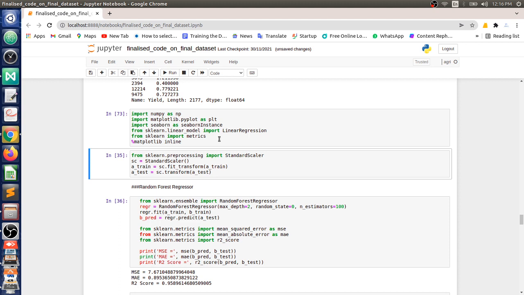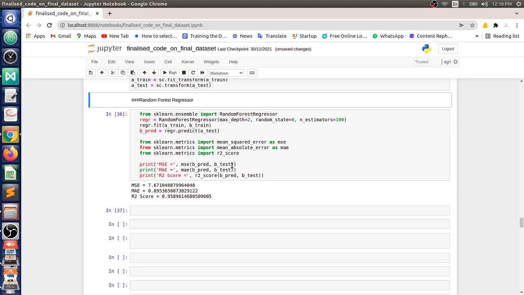In that case, if you want to detect classes or put some input into some class, you will use classification models. In case of a particular value, for example, if you want to predict the percentage a particular student is getting, in the same way in our data set, we want a particular yield, a particular number as a result, not a class. So in that condition we will use regressor models. That's what we did.